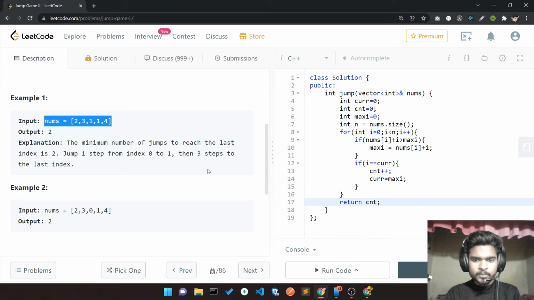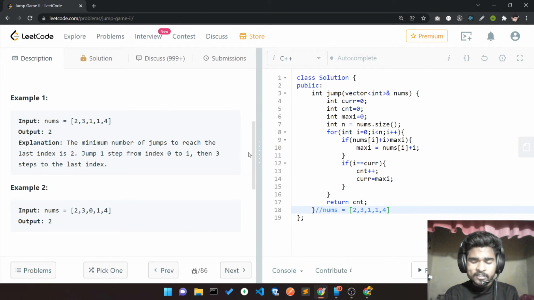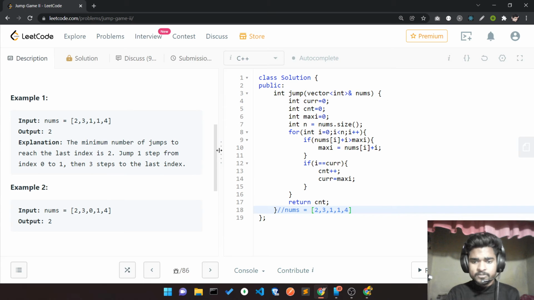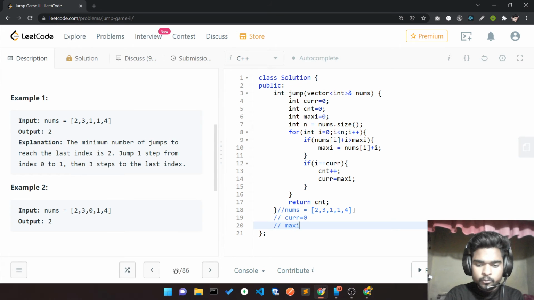I'll just copy this and paste it here for your understanding. I'll enhance the size of my workspace for clear visibility. So at the position I'm here, I have to make my current equal to 0 and my maxi equal to 0, and my pointer right now is at position 0.